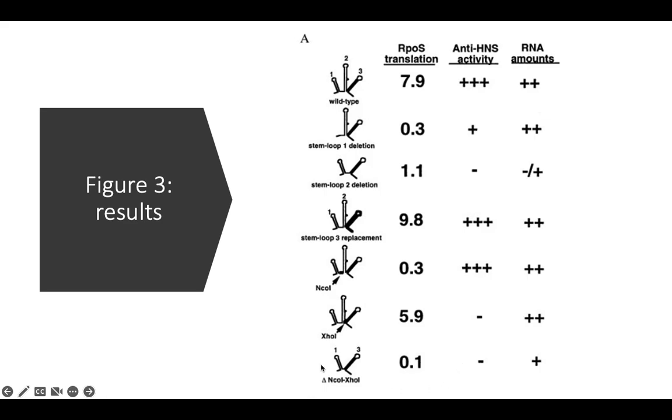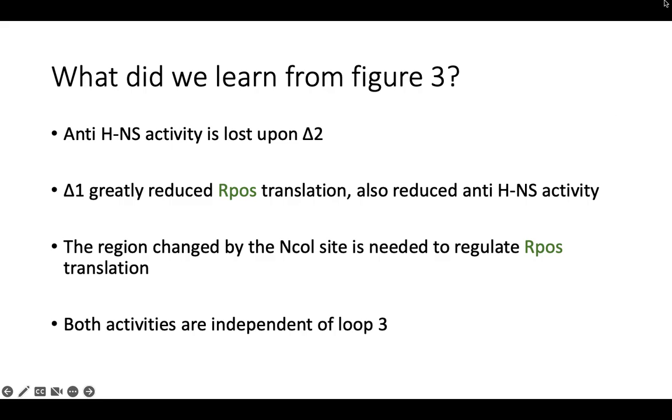And when we deleted the region between those two restriction sites, so if you look at that, it deletes quite a bit of important stuff along with stem loop 2. When we did that, our mutant was pretty much useless. So just to summarize what we learned from that figure,